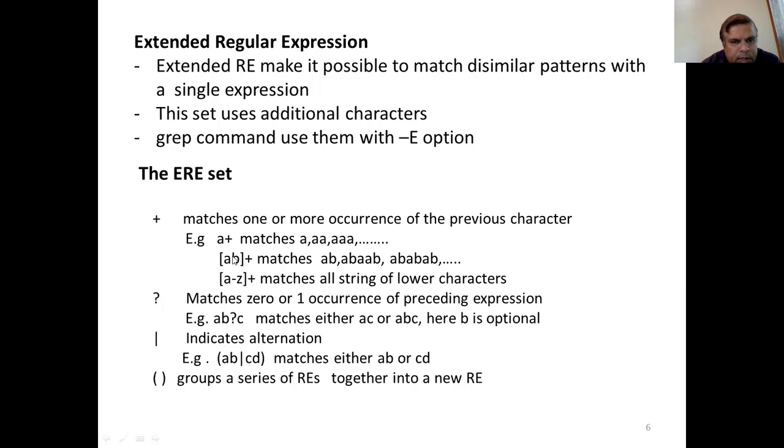And when plus is used with the character class metacharacter, say after using AB within the brackets, then this pattern matches the previous expression as a whole. So it matches AB as a whole. That means one or more occurrences of this AB. So it matches AB, AB, AB, and so on.